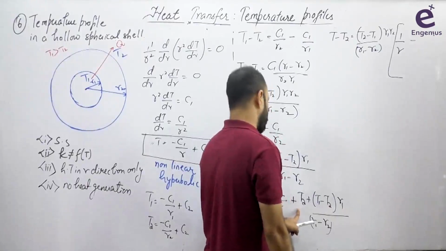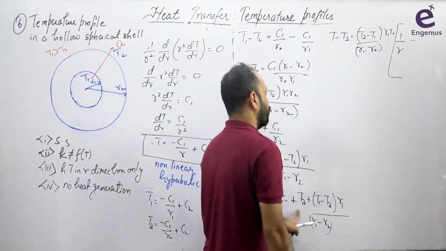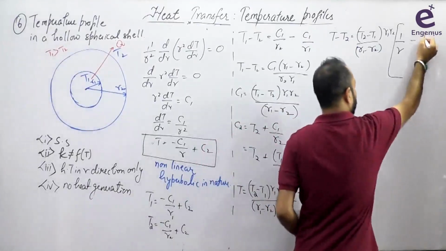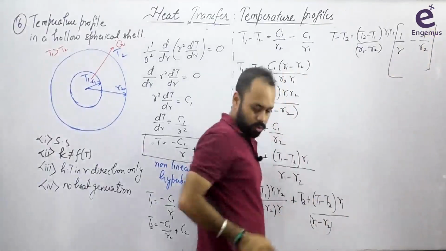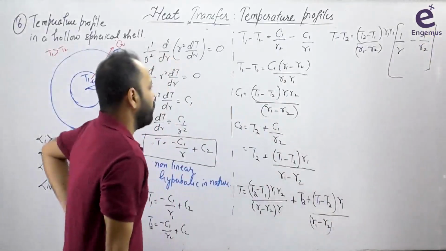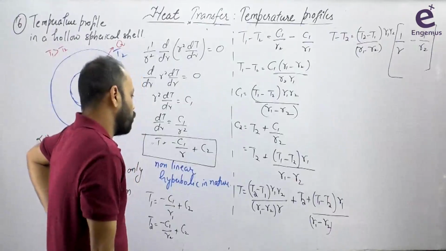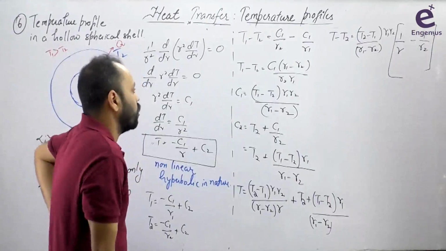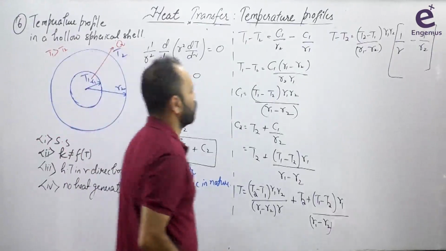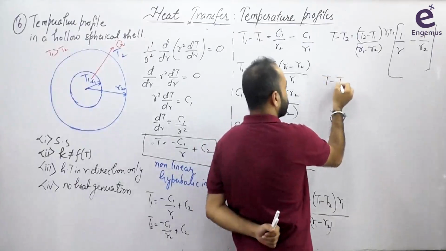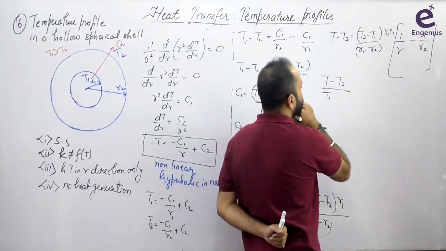R1 taken common, R1 minus R2 taken common. What did we take common here? R1 R2 taken common. So it should be 1 by R2. Is that fine? Look once, the common was taken properly, right? So this is R1 R2 by R and this is R1, correct? The negative sign is there, so T2 minus T1 becomes T1 minus T2. Yes, everything is fine. This can be written as T minus T2 by